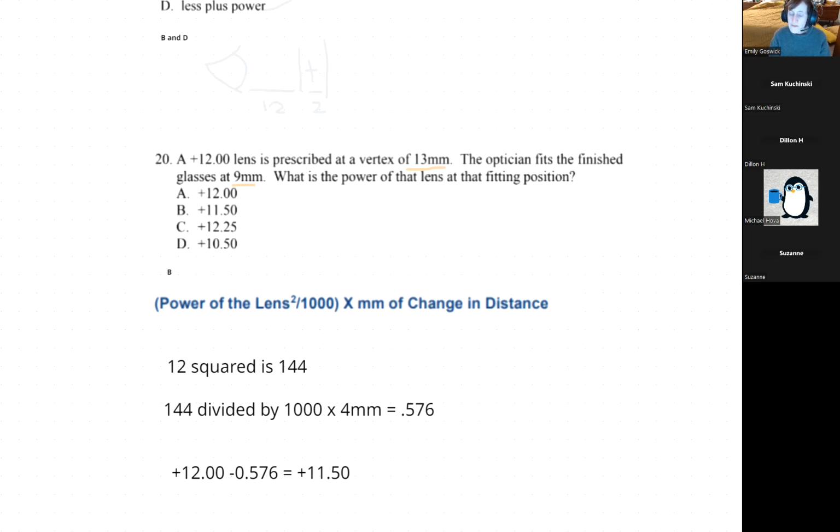On the actual test, I think they wouldn't give you this many possibilities, because they basically gave you two possibilities, which could be the plus 11.50 and the plus 10.50. I think they would make it a little bit easier so you could infer the answer by knowing that this stuff gets more plus when it's farther away and more minus when it's closer. So, anyway,